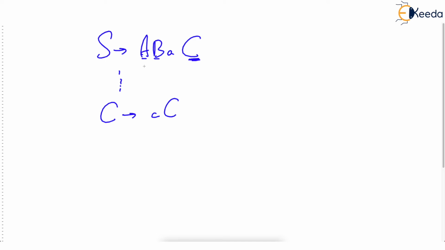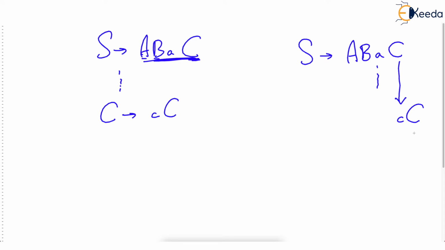Just observe. What I am saying is, if you actually use this grammar for deriving something, then the start symbol will give A B A C, correct? And after some time, when it comes to replacing C, C will be replaced with small c, capital C, correct? Before this, we have replaced something for A, something for B, and so on. Just ignore them. But then what will you next time replace C with? Again small c, capital C. So this small c will be pending over here.